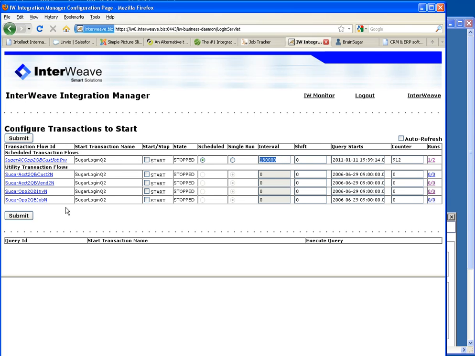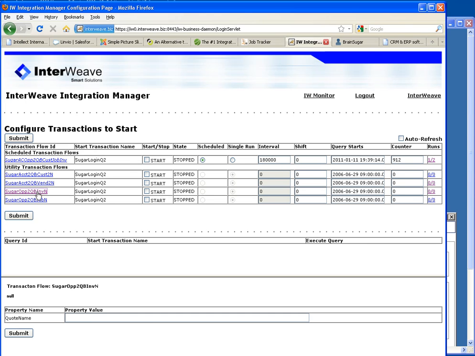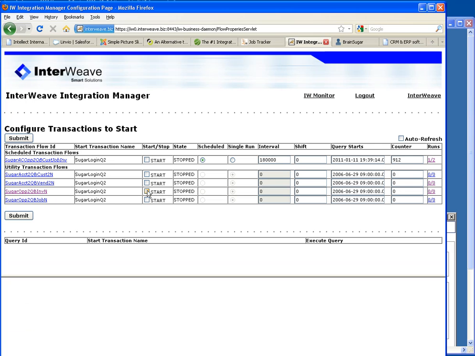But for expediency's sake, I'm going to run this job right here, a utility transaction, which is a one-off. So here's an invoice. Let's put our information in there. Submit, and let's start the job. Now let's go over to QuickBooks